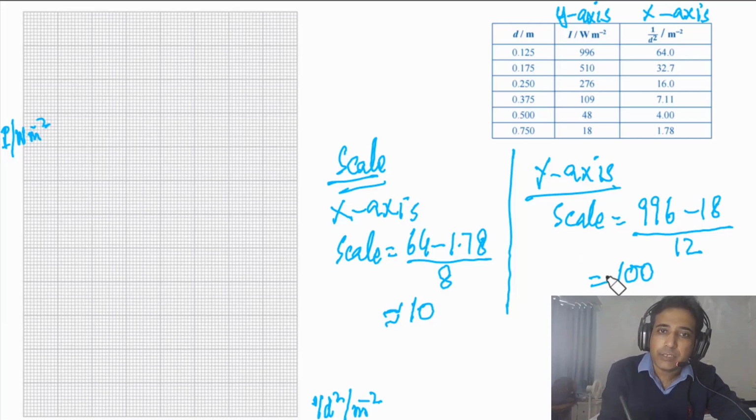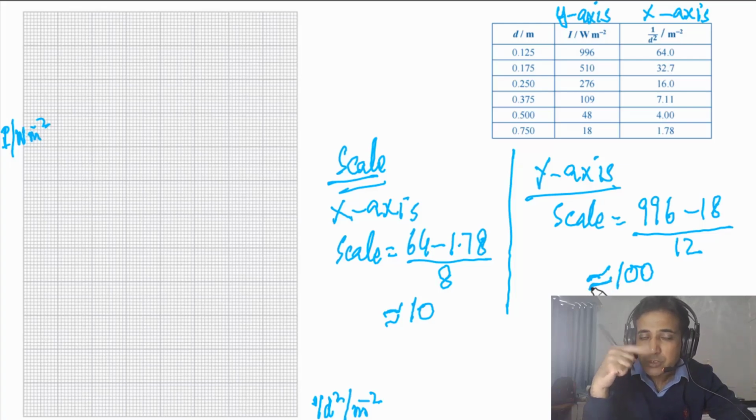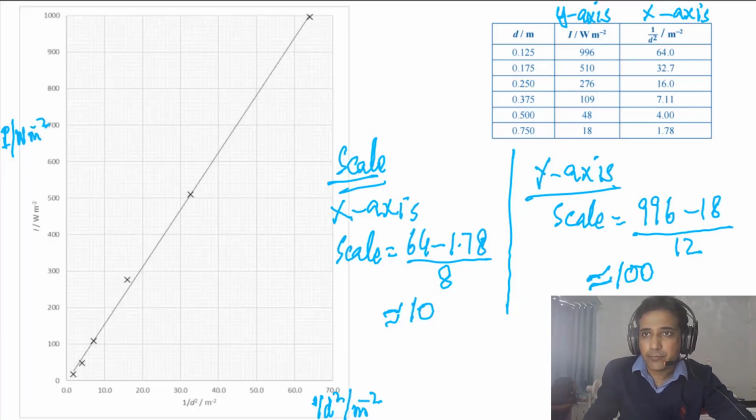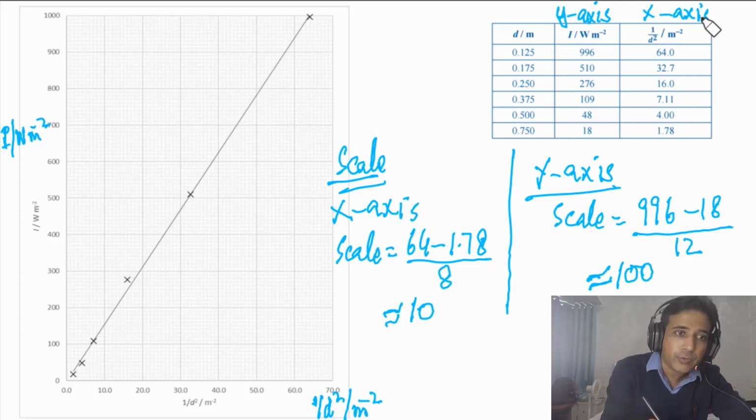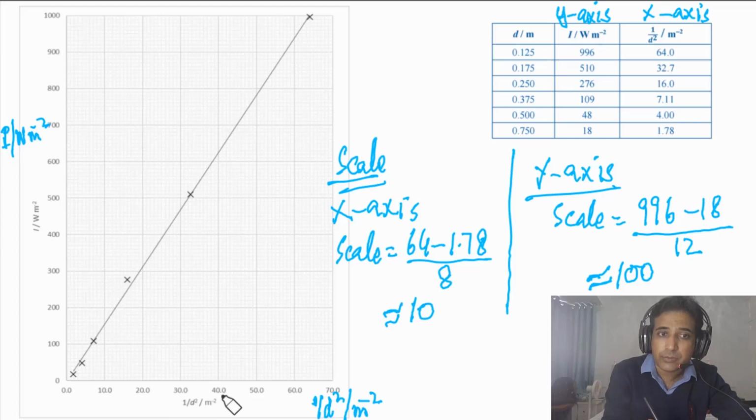So this is approximate, and you will get the exact value. Then you need to think about a number which is easy to plot the graph based on the given data. So these two numbers we can use to sketch the graph. Now that we have these scales, let me show you how you can sketch the graph. So this is how you can sketch the graph. On the y-axis, we have 100, 200, 300, 400, 500, and so on. And here we have 0, 10, 20, 30, 40, 50, 60, 70.